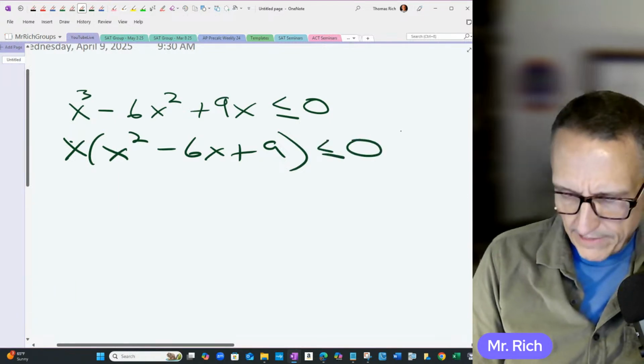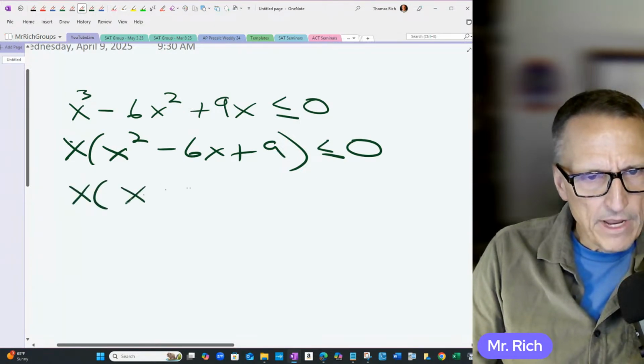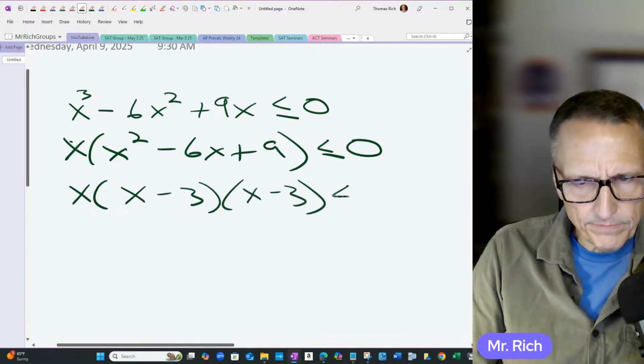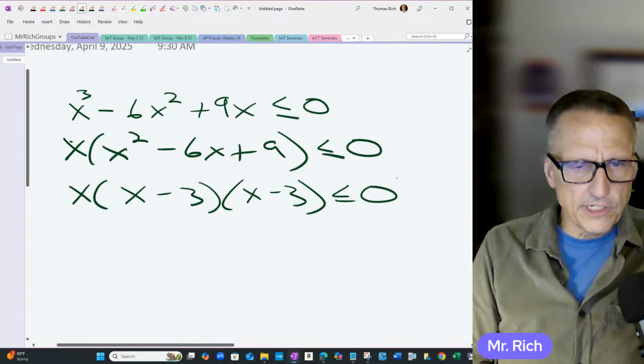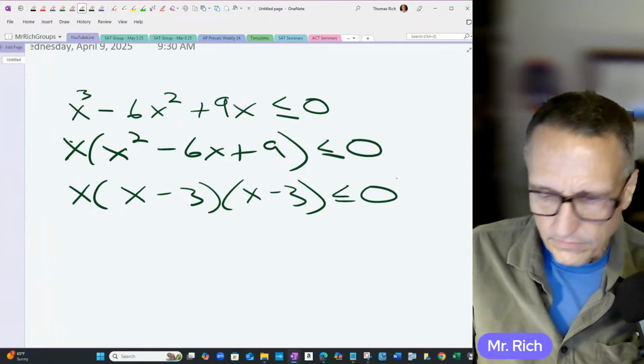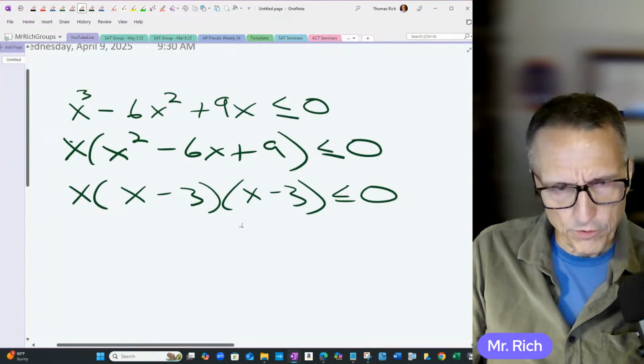Now this leaves us a quadratic that can be pretty easily factored, and this will be x minus 3 times x minus 3. So this tells us there are two x values